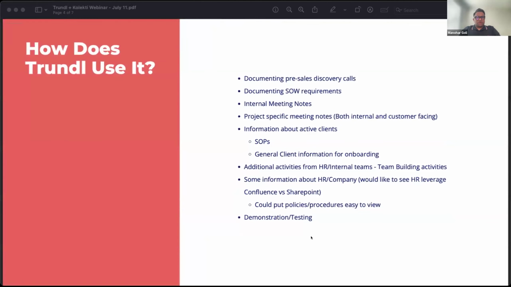So we talked about various different general use cases, and here are some specific things that we use. For us, as we go into our business, primarily Trundle is an Atlassian solution partner. That means we consult on a gamut of things within this Atlassian space, and we have to capture every detail that we hear from our customers on a regular basis, because our sales team, there are so many different teams involved, starting from primary lead